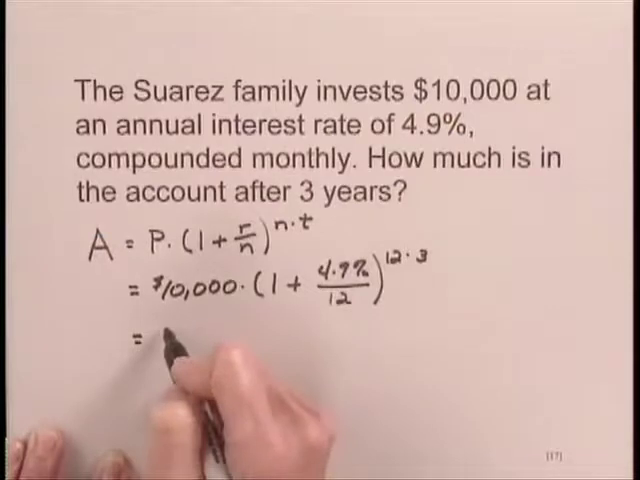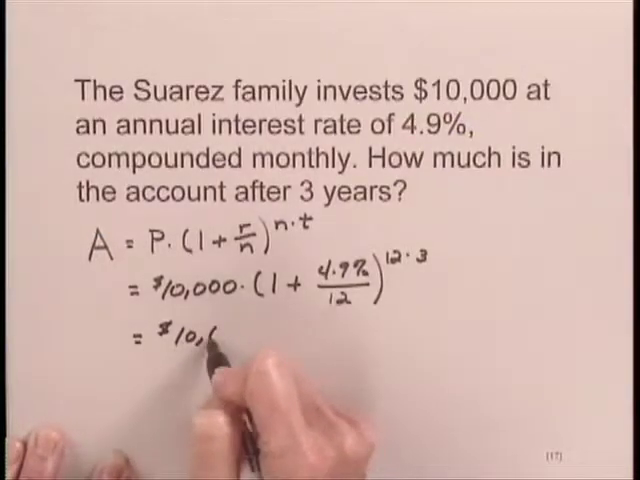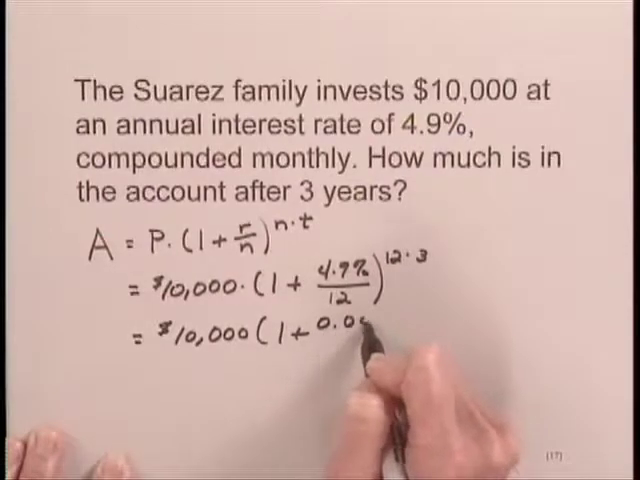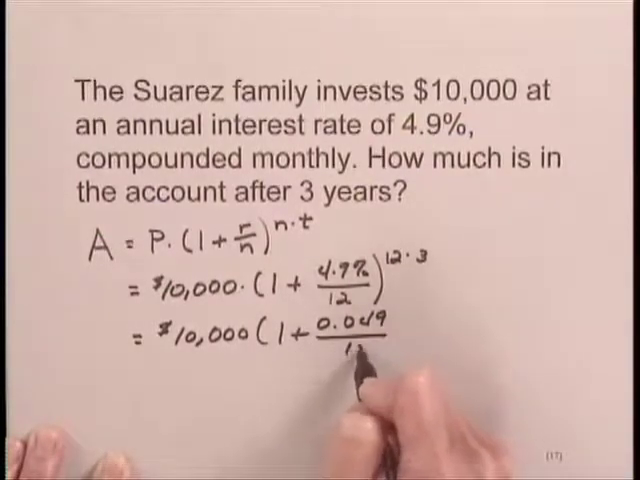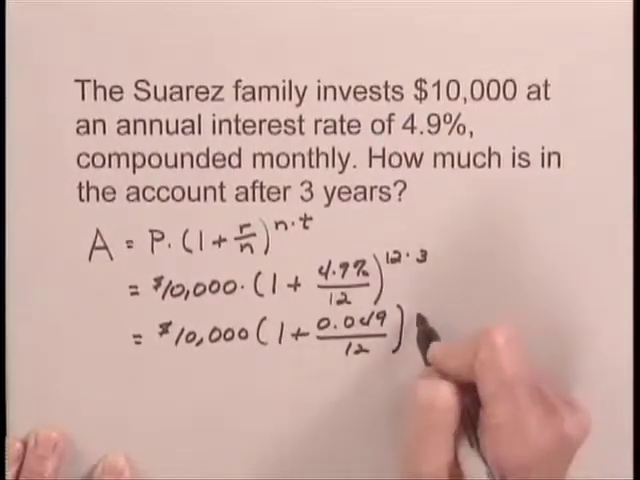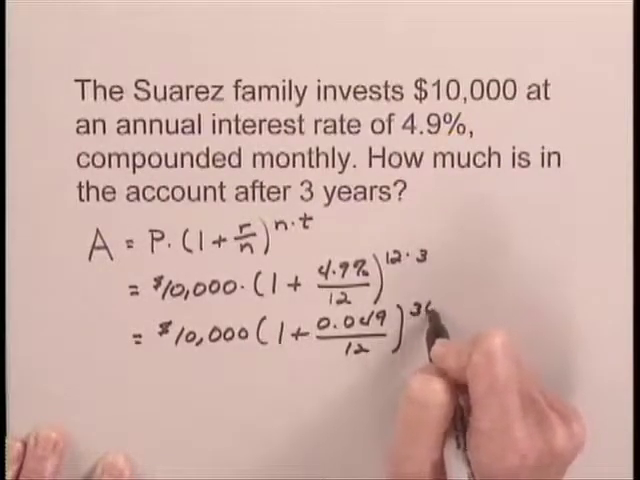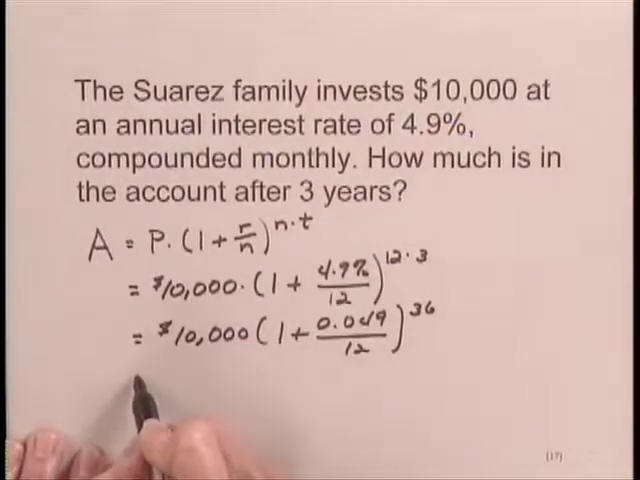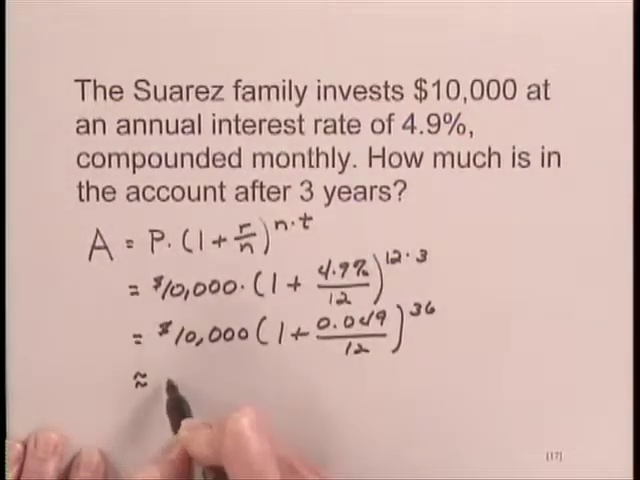Now let's write 4.9% in decimal notation first. I'll write it as 0.049. And we can multiply 12 and 3 in the exponent and get 36. Now this is a computation we would do on a calculator. And when we did the computation, we would find that A is approximately equal to